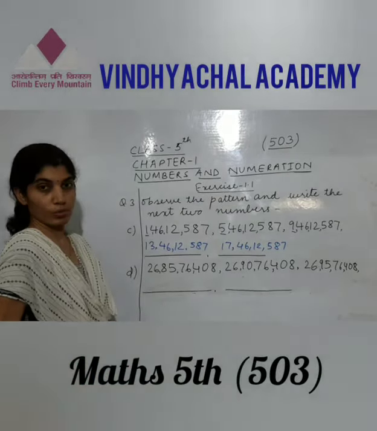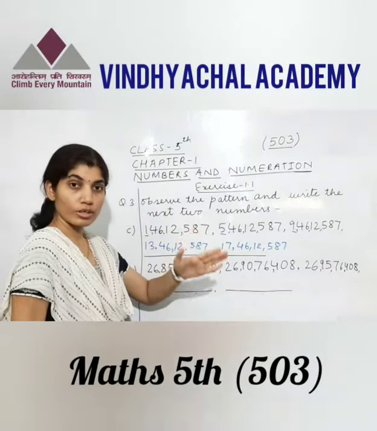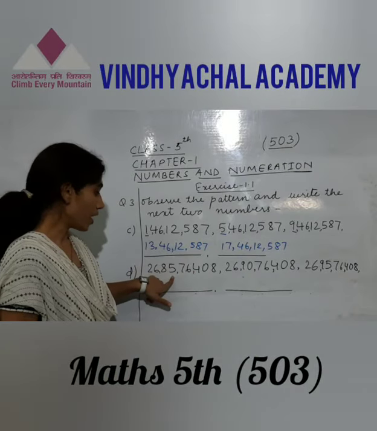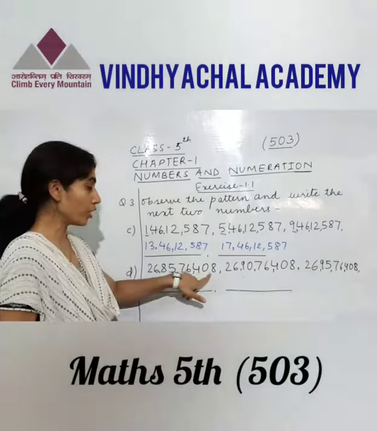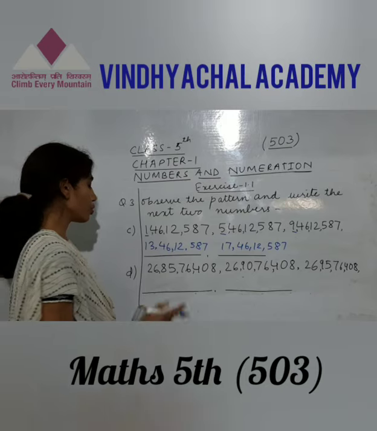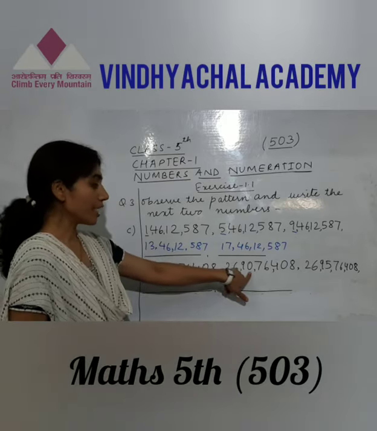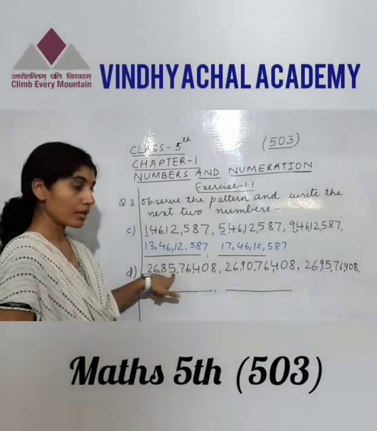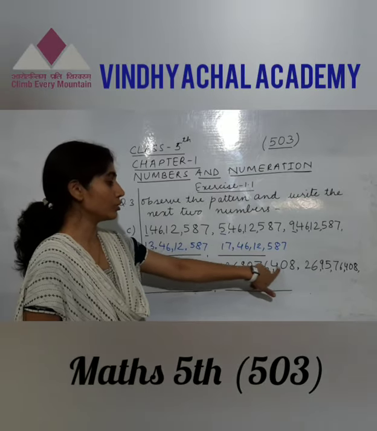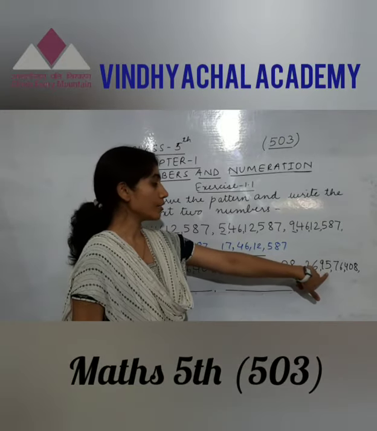Now see D1 also. In D1 also I have put the commas. Now you see. Read the numbers loudly to get the difference. You will get very easily. This is 26 crore 85 lakh 76,408. Okay. Next is 26 crore. You can see crores place is same. 26 crore, 26 crore. 26 crore 90 lakh. Here it was 85 lakh and here it is 90 lakh. 26 crore 90 lakh 76,408. Next number is 26 crore 95 lakh 76,408.